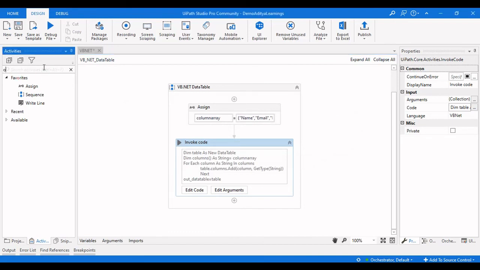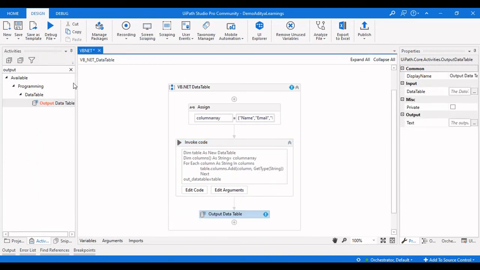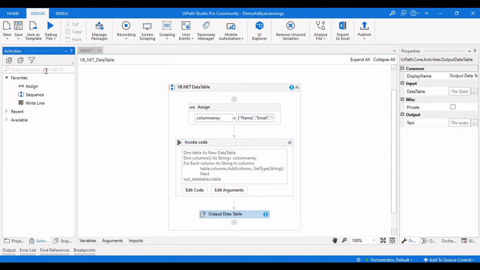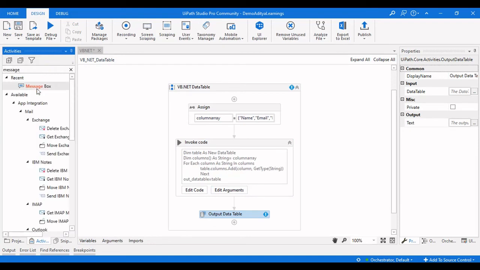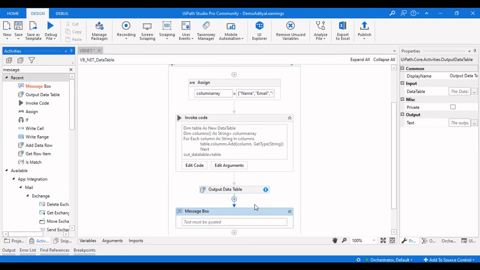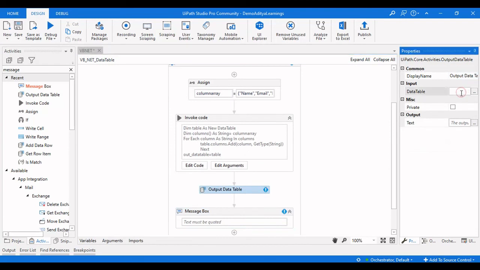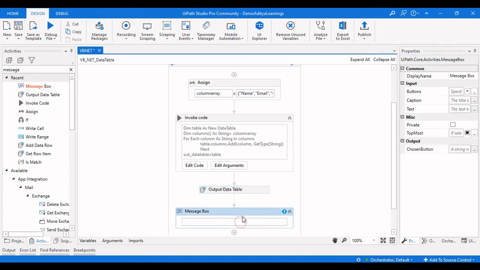Now we will take an output data table activity to show you the output data table, and a message box as well. The input for this output data table activity is a dynamic DT, so let us give the name dynamic data table.